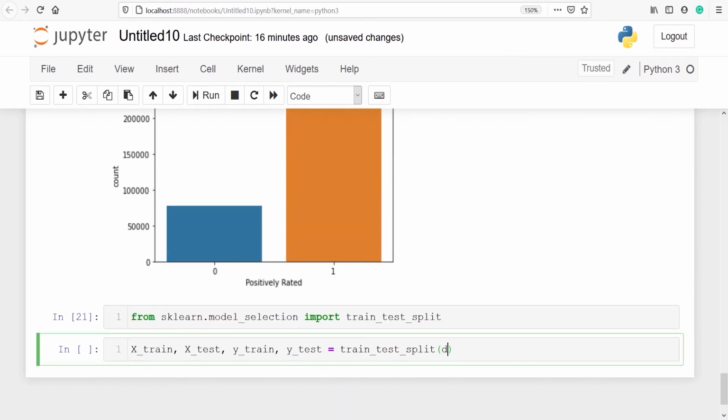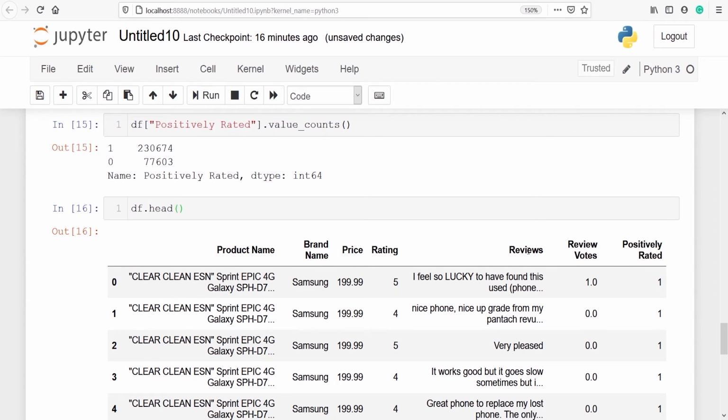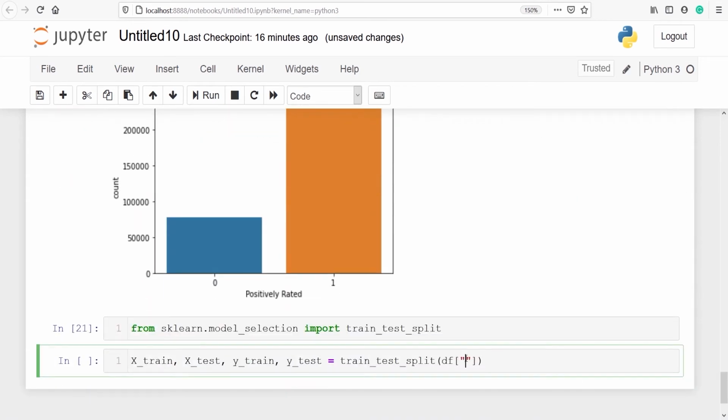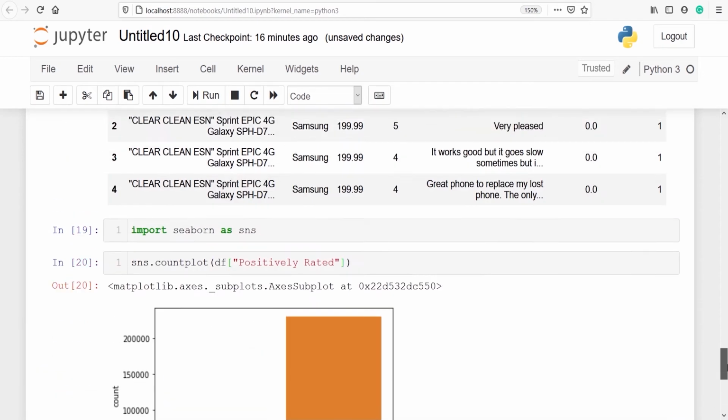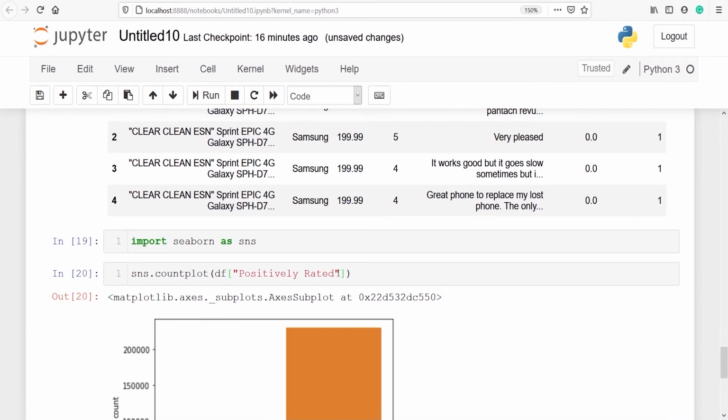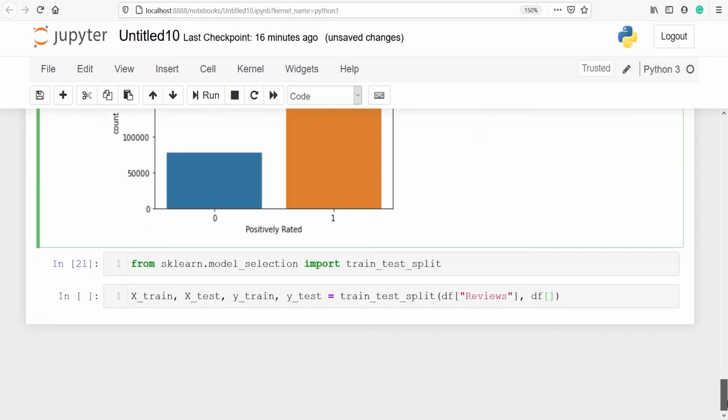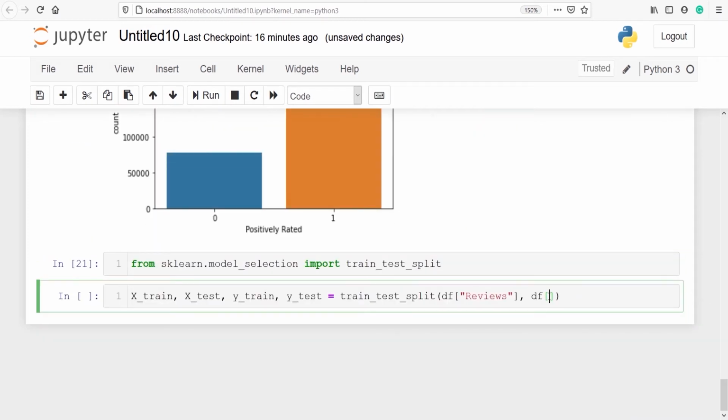So I will type df of reviews, and I'll just copy the column name from here. Then I have to pass the next column, df of positively rated, which I can copy from here.